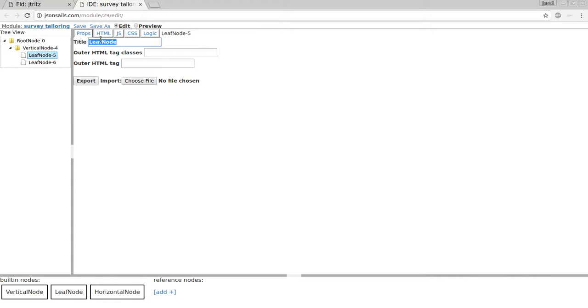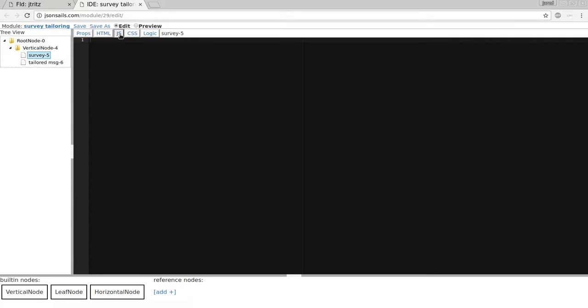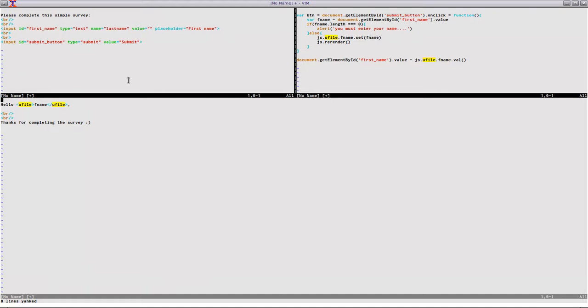Okay, so this node, content node, leaf node, I'm going to call the survey, and the second one here I'm going to call tailored message. Now the survey is going to have some HTML, some JavaScript, and they're both going to have a little bit of logic as well. So I'll get started with the HTML, and to save a little bit of time,